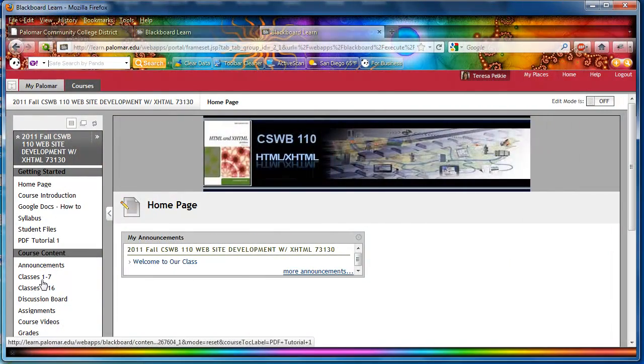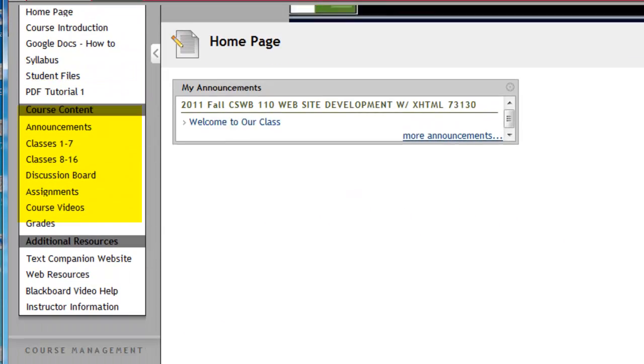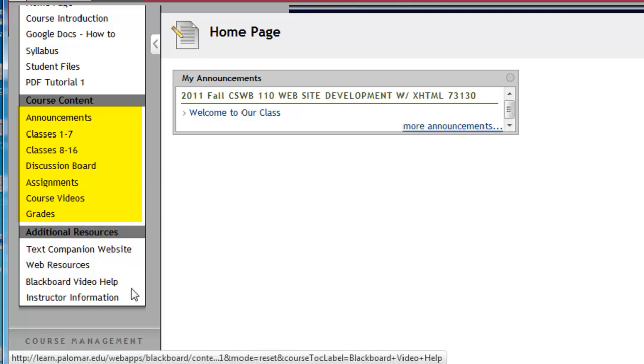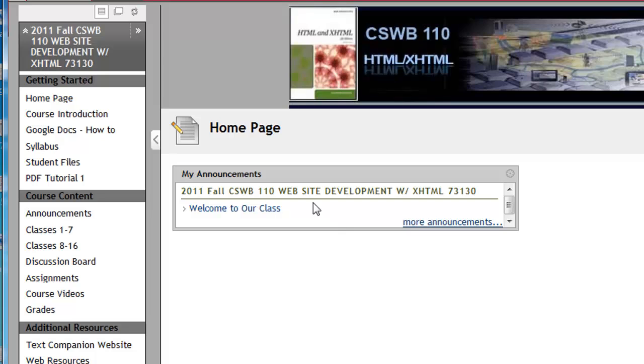Let's take a look at our left-hand section. I have the information organized in 3 areas. I have a Getting Started area, I have a Course Content area, and additional resources. You want to explore the Getting Started area because it gives you information that you will need to get started